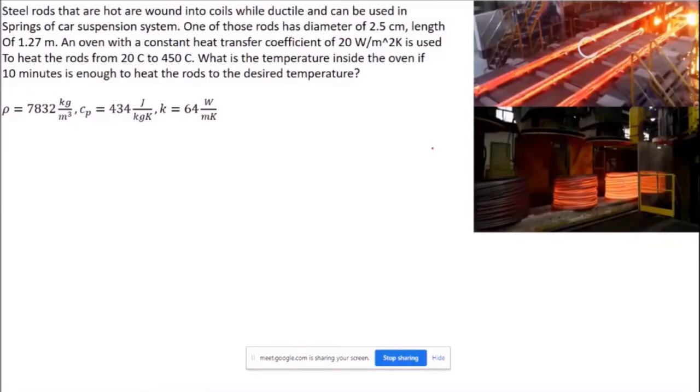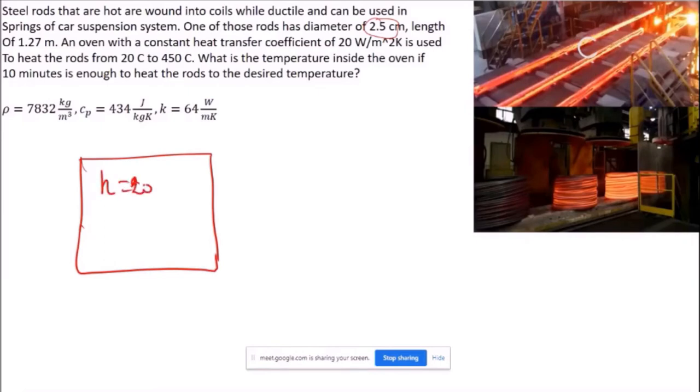of the car. It says that the steel rods have a diameter of 2.5 centimeters and a length of 1.27 meters. And the oven has a constant heat transfer coefficient, h, of 20. So there is an oven here. It is large, but in our case, we can take a small one. The oven transfers heat by fans or whatever you have in the system. So this is 20,